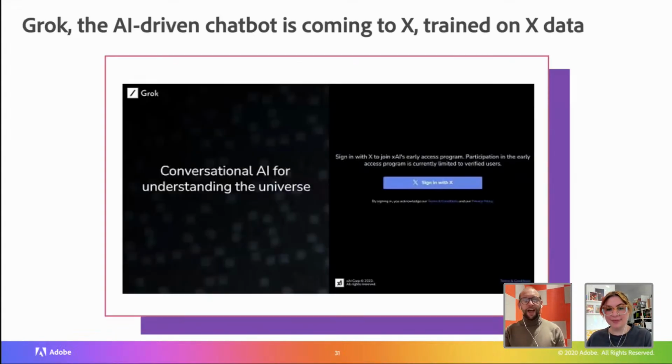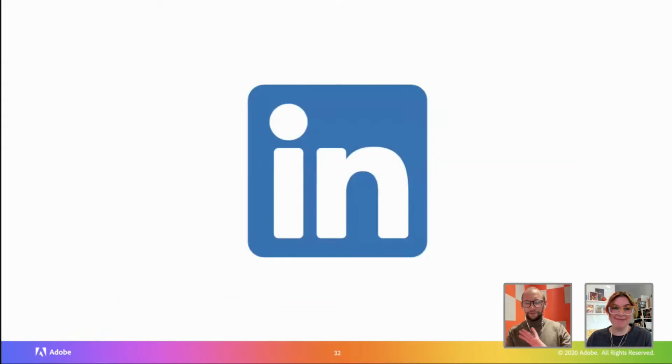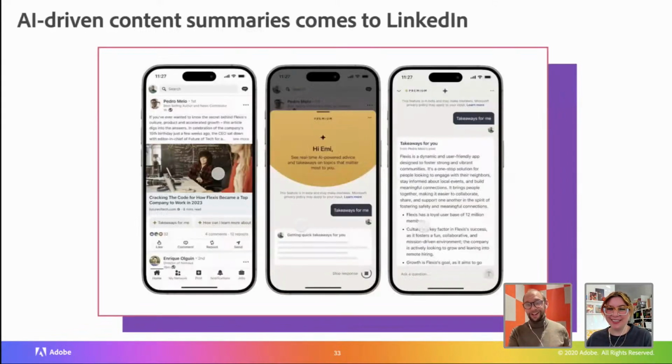Not going to talk about X too much, but if you are into X, they are building their own version of ChatGPT. It's going to be called Grok, and it launches, I think, either next week or the week after. So it's basically ChatGPT trained on Twitter data, or X data, pardon me, which means it's going to be more up to date, but there are substantial downsides to that too. I'm not going to have too much narrative on this today because it ends up being like a political debate when you start talking about X. So we'll just gloss over that. Fair.